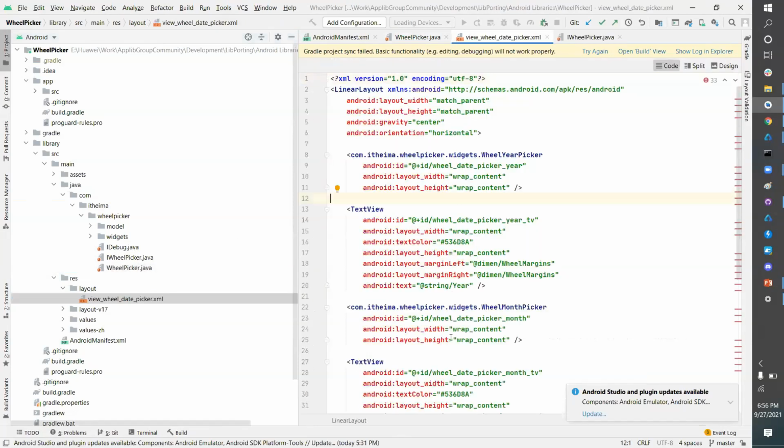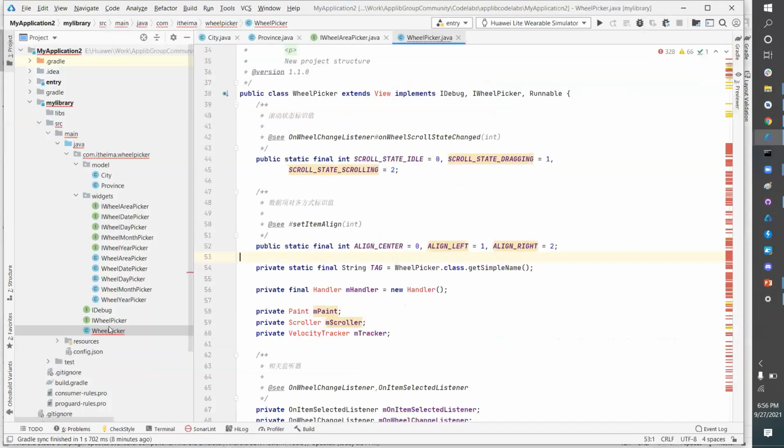Layouts are basically what we use for creating the UI. So now I'll be copying this XML file to the desired place. The alternative for the res folder in Harmony is resources, and we will be copying it to layout.